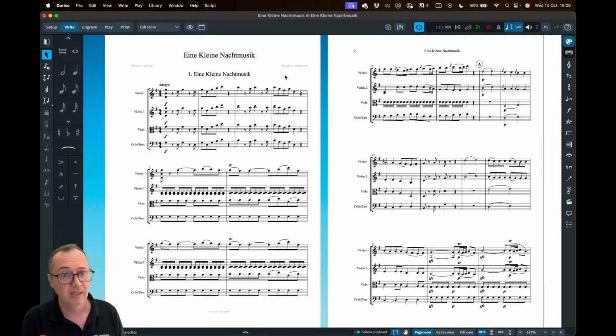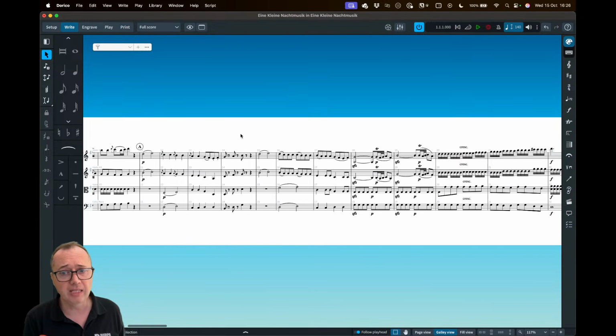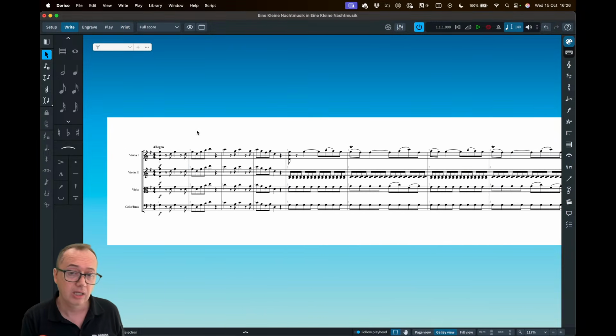Yes, you can. So the signposts, you can show and hide them anyway in the View menu, but they will still apply, but they're only applying to page view. So if you want to work on the music, you could go to Galley View, and then it just gives you one long continuous stream of music, and even if there are signposts, they won't change things. So if you're doing an arrangement and adding woodwinds, for example, you could go to setup mode now, add your woodwinds, and it wouldn't affect anything layout-wise because you're using Galley View, it's like Scroll View, or like Panorama. And so you could work on everything in this view, and then when you've finished, you